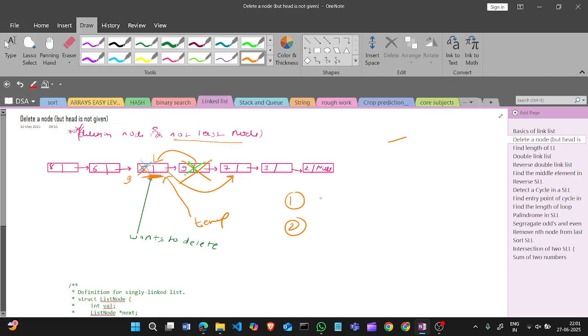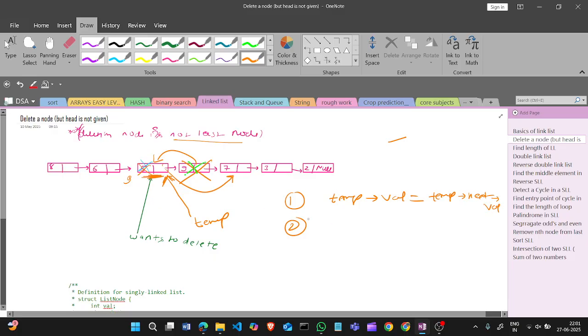Let's say this is the temp. So we will copy temp value equals temp next value, which means 9 is copied. Then we will point temp next to this.